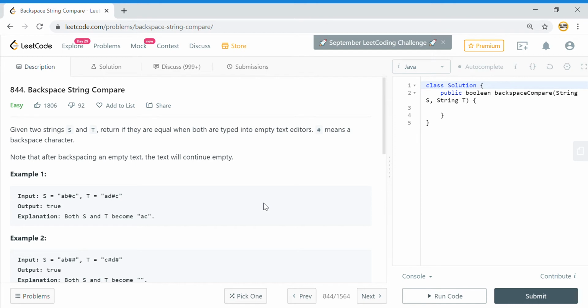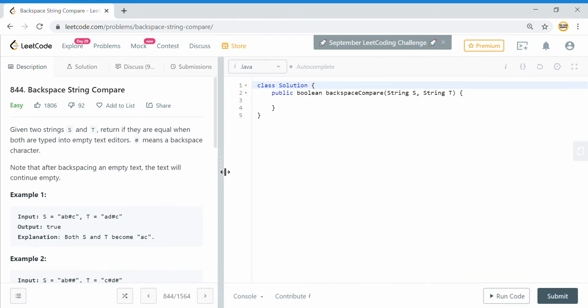But the complexity of the problem increases when the interviewer asks you to solve it without using any additional data structure. So I will briefly explain how you can do it using an additional data structure, and then I will jump into the solution where I solve this problem without using any additional space. So we will solve it in a space complexity of order of 1, which is constant space complexity.